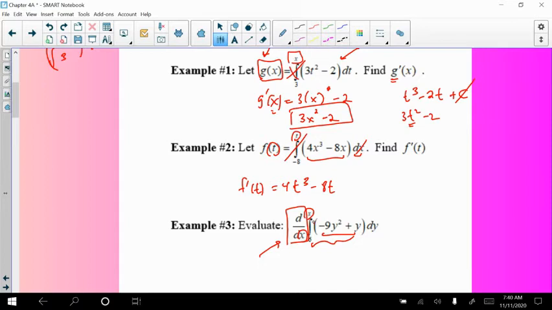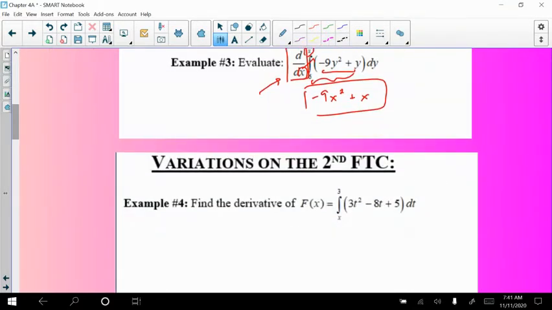So the derivative of the antiderivative cancel, and you're just left with the interior function as a change of variable. So hopefully that's okay. You just take the derivative of an antiderivative, and you just do the change of variable. Now, there's a couple variations that you should be careful of,